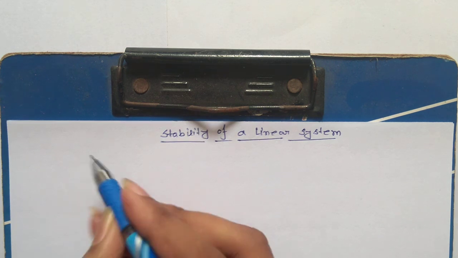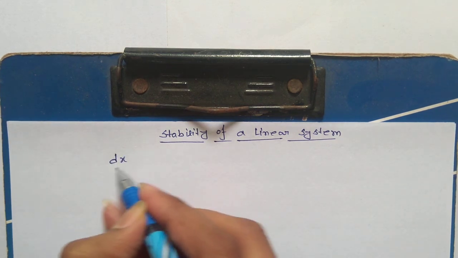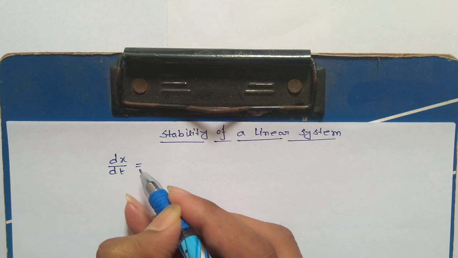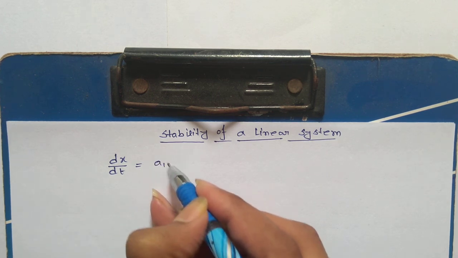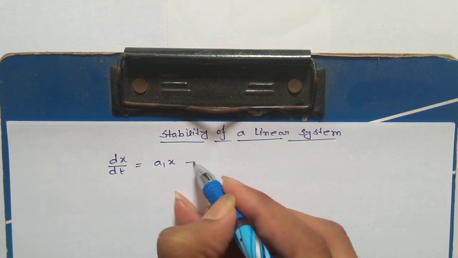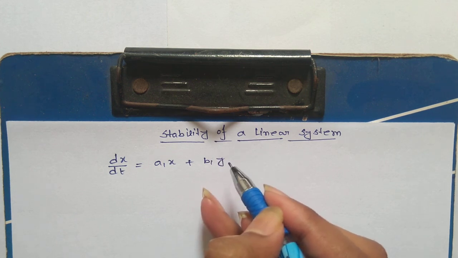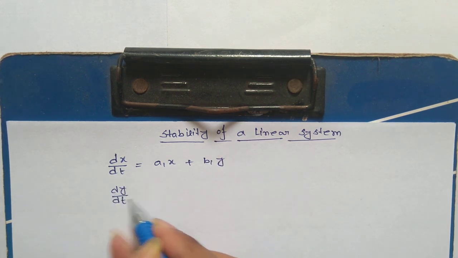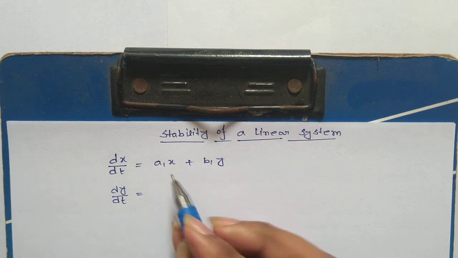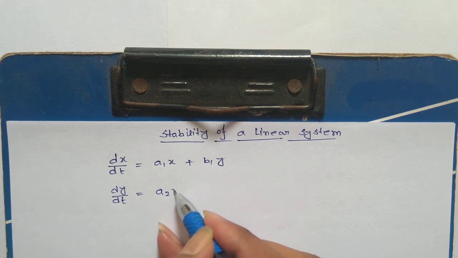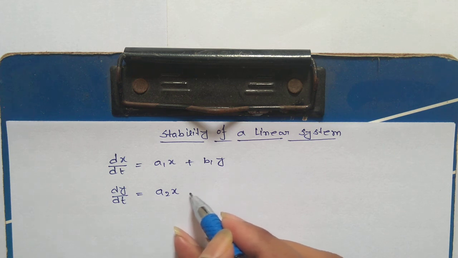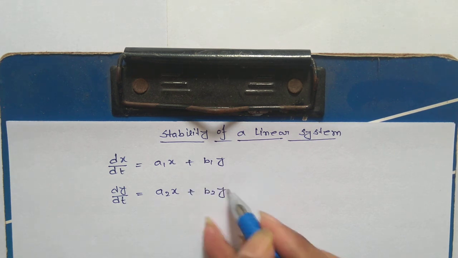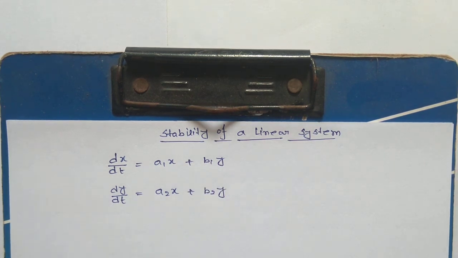Okay, let's say dx/dt equals a1x plus b1y and dy/dt equals a2x plus b2y. Okay,